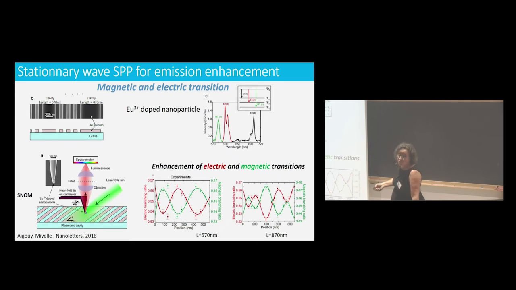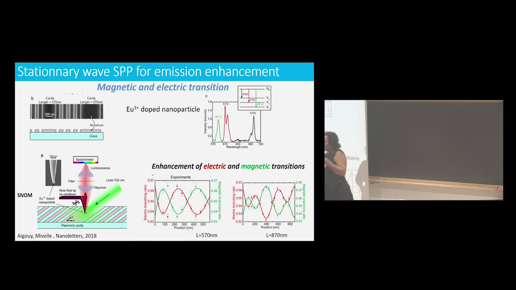So what you do is you create a plasmonic cavity, because you can have oscillations inside this plasmonic cavity. And then the question that you want to address is, what is the distribution of field that I have within this plasmonic cavity? And of course, what we expect is, as we have propagation of wave, we expect stationary waves, just like a Fabry-Perot.